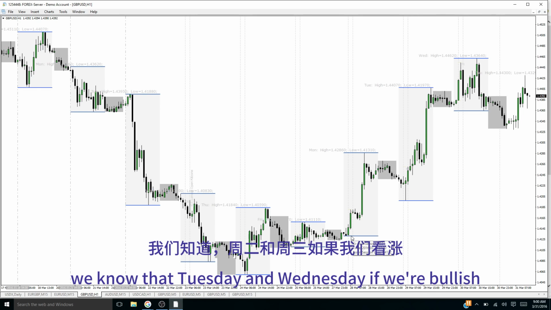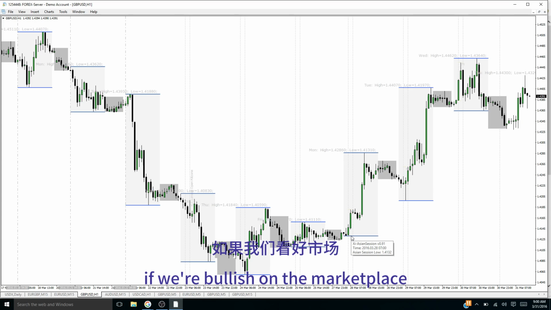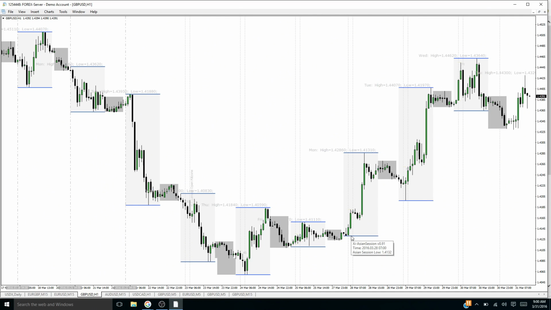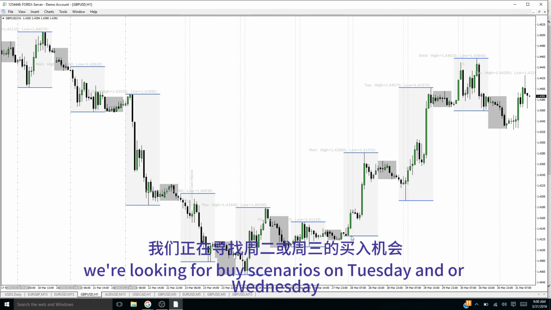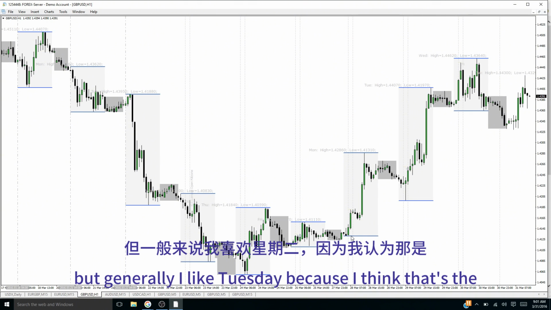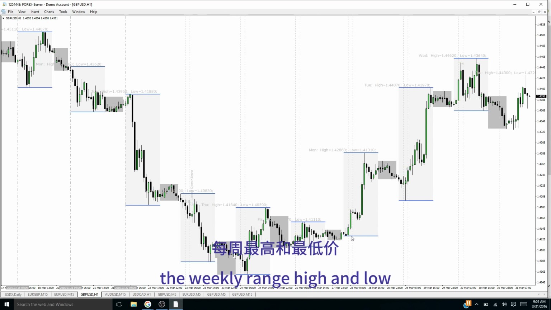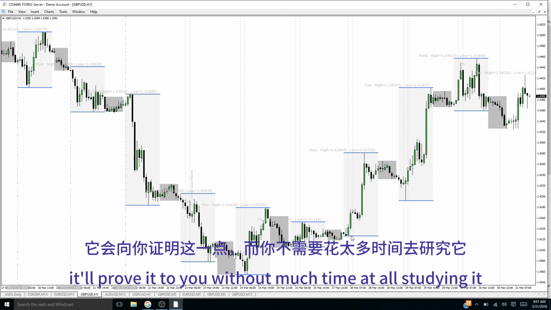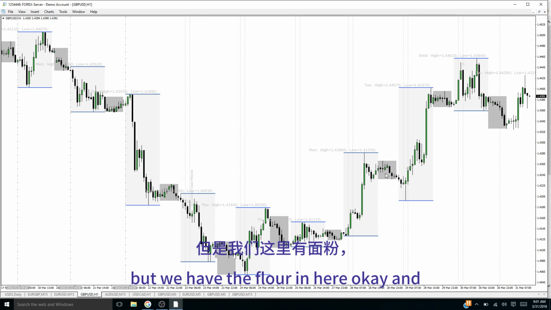We know that Tuesday and Wednesday, if we're bullish on the marketplace, those are the best days to be a buyer. So if we're bearish dollar, we're looking for buy scenarios on Tuesday and or Wednesday. It can occur on Monday, but generally I like Tuesday because I think that's the weekly range high and low. If you look at the charts and price action, it'll prove it to you without much time at all studying it. But we have the Flout in here, okay,